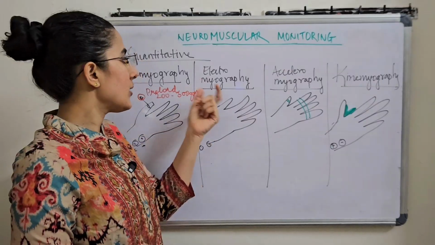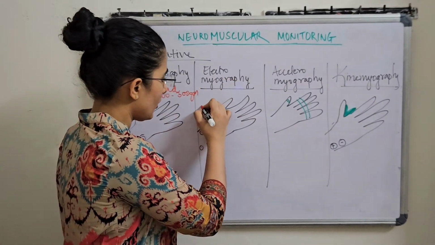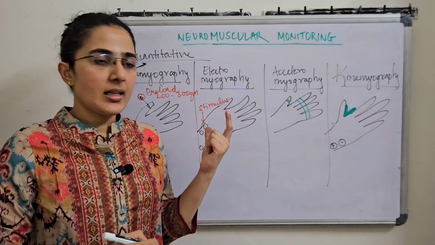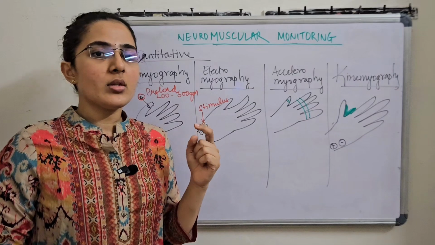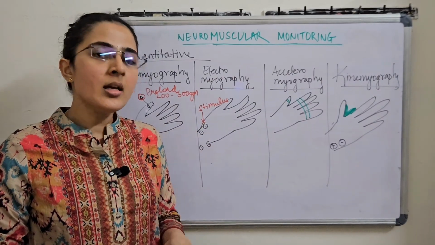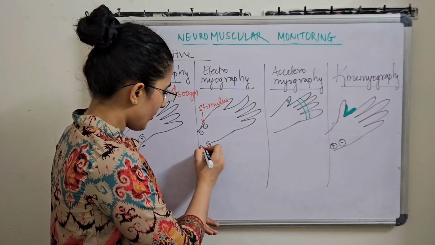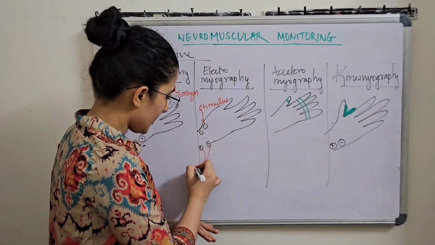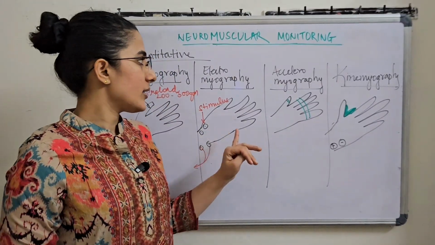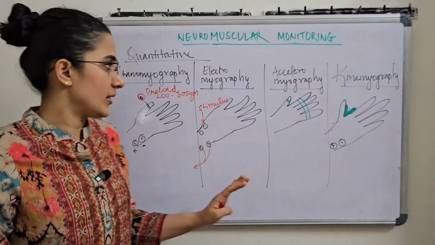Next comes electromyography, where an electrical stimulus is applied to the muscles present on the thenar and hypothenar eminences. There are usually 3 stimulating electrodes, one placed on the muscle, one on the tendon, and one is a grounding electrode. These signals are detected by our electrodes, and the signal is then represented in the form of voltage signals.